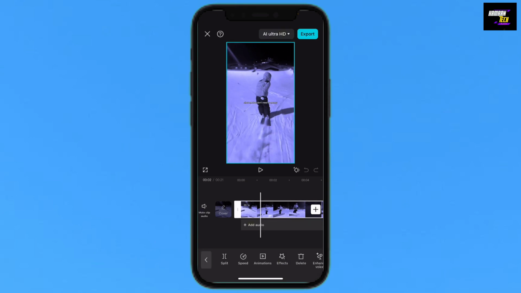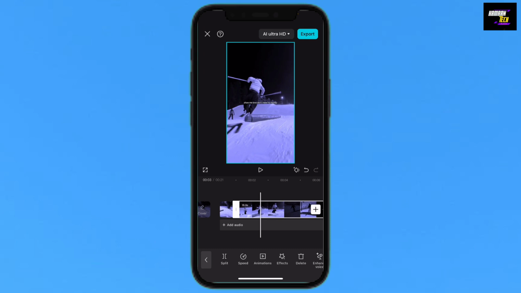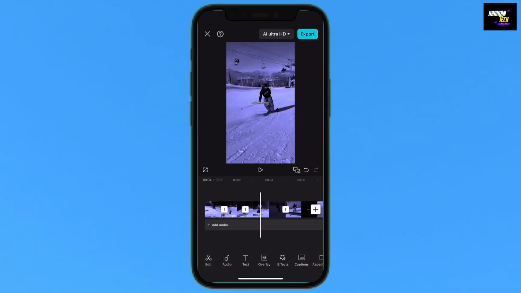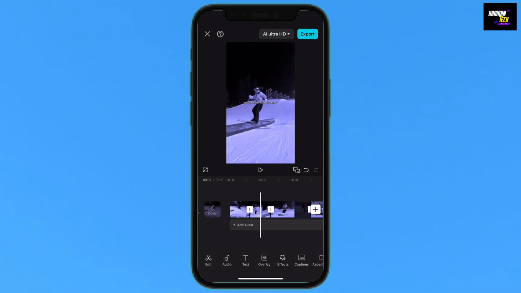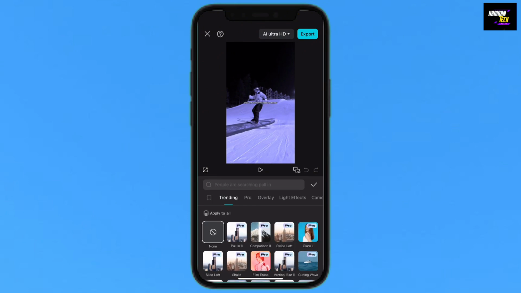So I will just tap on this video and tap on Split, and then again take a part and tap on Split, and again take a part and tap on Split. So what we're going to do, I will just tap on this split option and from here you will just